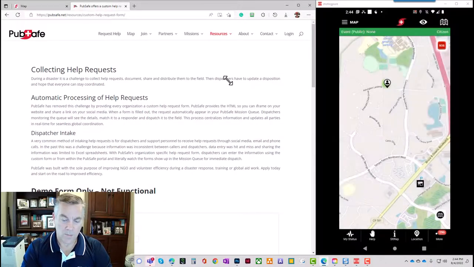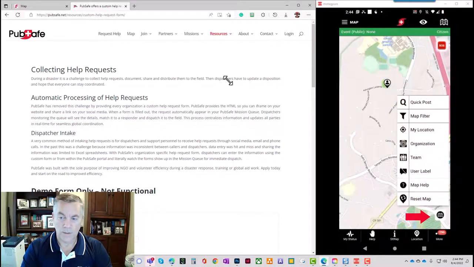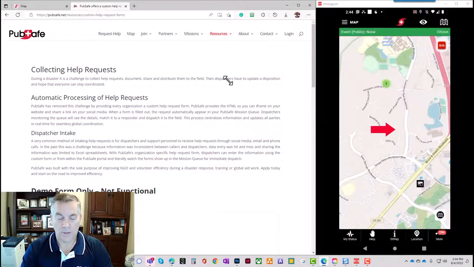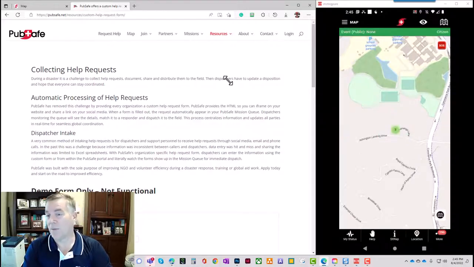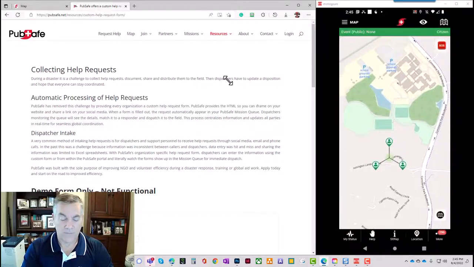coming down here to the bottom right-hand corner, and you can see, with that little black circle with the map on it, you click on that, and those are your map options. And I can click on the My Location option, and you'll see it removes my current position so I can access the information underneath it. Right? So I can now click on that. I zoom in a little bit. Eventually, it brings up and says, okay, well, look, there's 3 users, which might be a family. In my case, it's just the users that I have for testing. Then I can click on one of those icons,